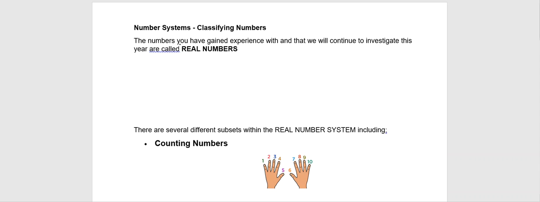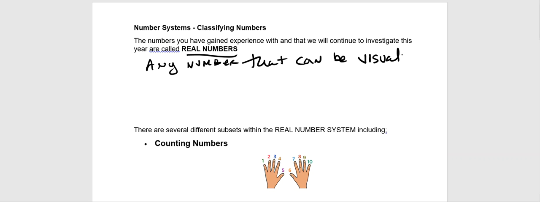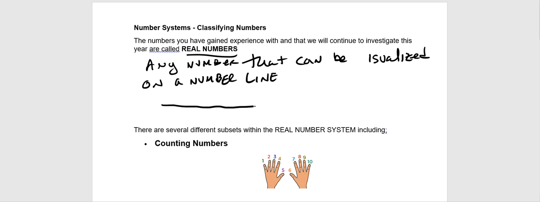So to start with, we want to make sure that we understand every number we deal with this year is going to be a real number. And that just means any number that can be visualized on a number line. Now, you may say, hey, all numbers can be visualized on a number line. That's not true, okay? So if I have a number line here, I know it's not the straightest of lines,